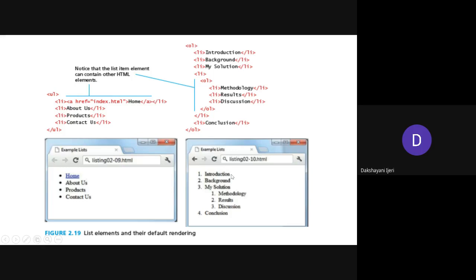first item, introduction. So how to add the item? It is a simple text here. So directly include it in the li and close here itself. So similarly, second one, background, use one more li and close here itself. So what you need to remember here is separate li for each of the items that you want to add. So we'll concentrate on this, how to do the nesting here.